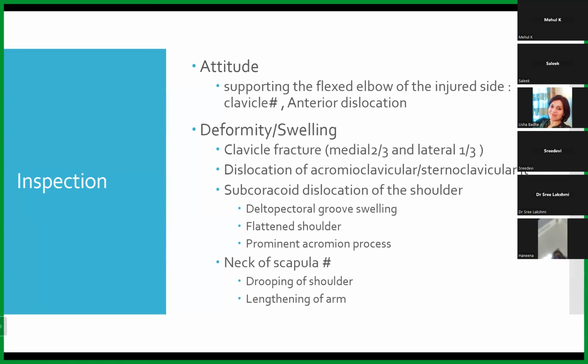Similarly, in subcoracoid dislocation of the shoulder, that is, the arm is dislocated subcoracoid, there can be swelling in the deltopectoral groove, or the contour of the shoulder can be flattened, or the acromion process will be